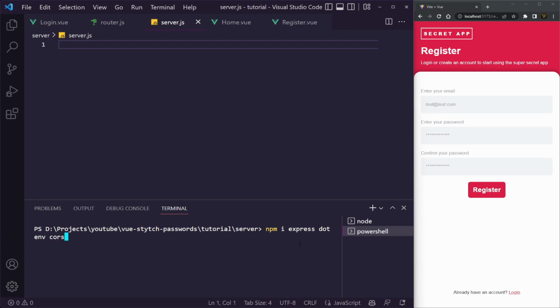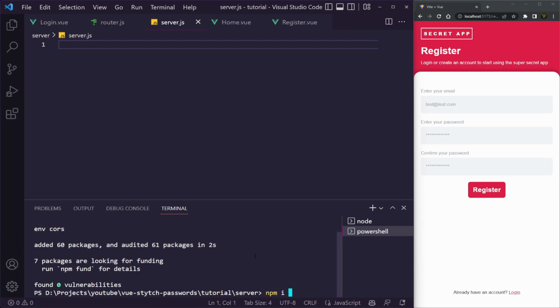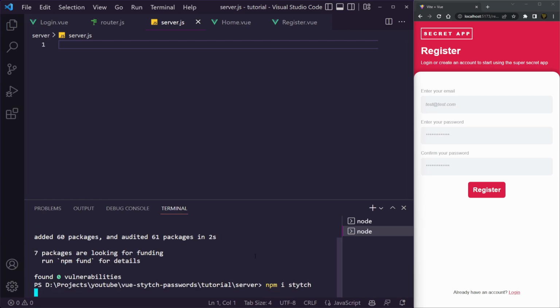We're then going to use CORS to stop any CORS issues or errors appearing when we're trying to make requests. And I think that's it, but I'm probably wrong. Oh, we also need one more, but we need to enter this one first. Oh, and we also need Stytch. Sorry, so npm i stytch as well, because obviously that's going to be the main thing we use for our